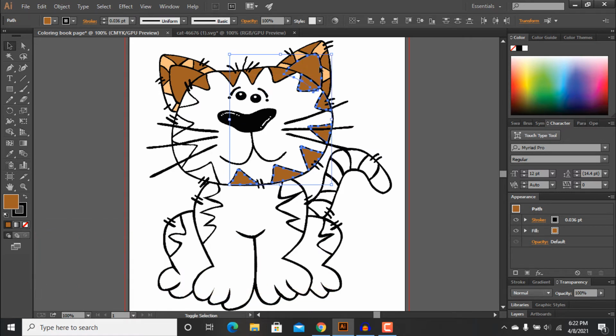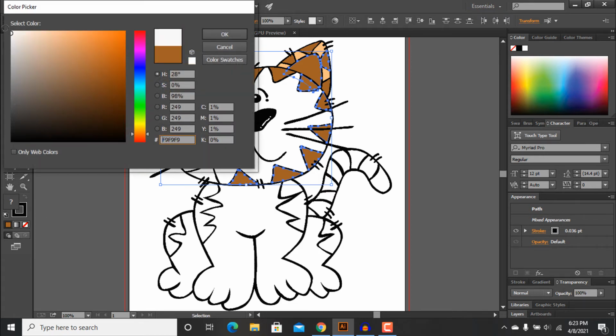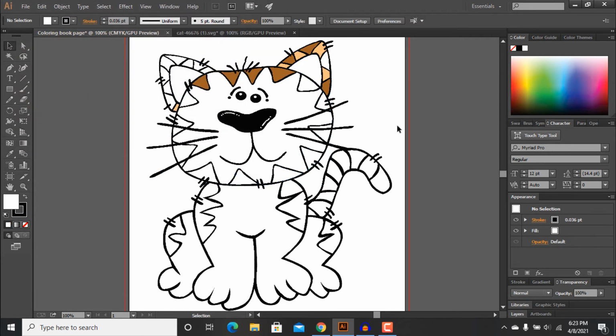You have to be careful, otherwise you might undo other elements. So carefully select the elements and change the fill color to white.